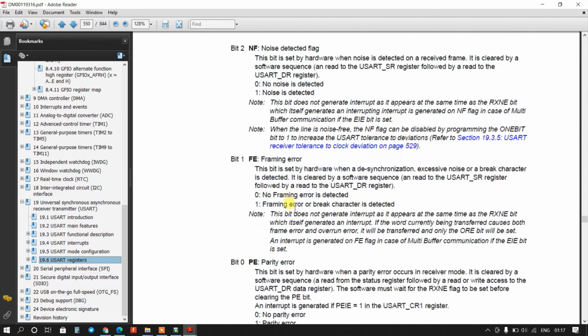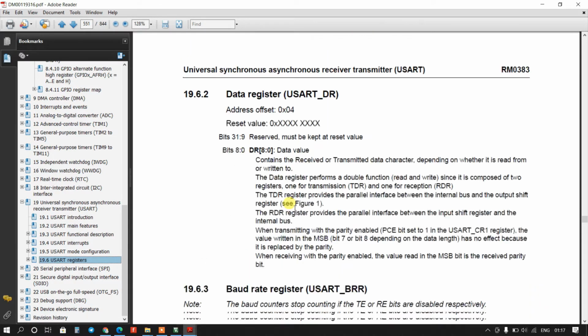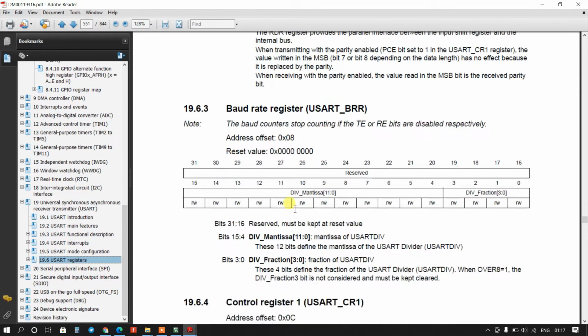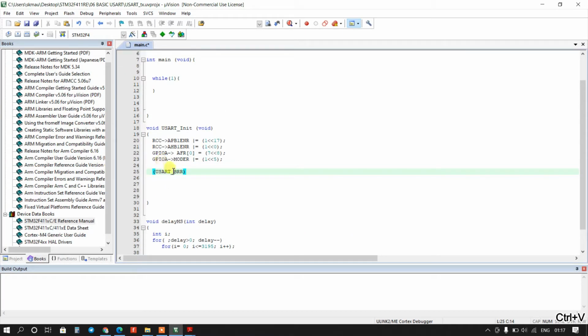Here it is, the USART2 BRR register. So I will copy this, paste here, remove this bracket. This is USART2. It is 0x0683.